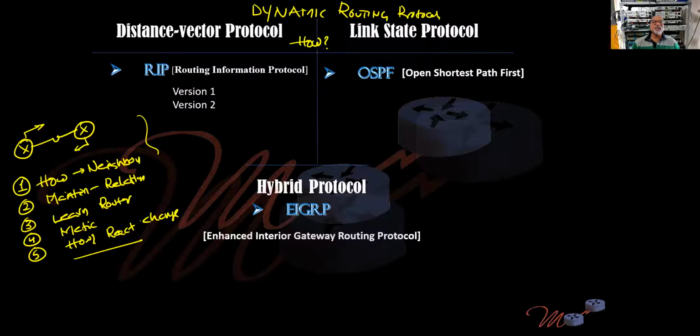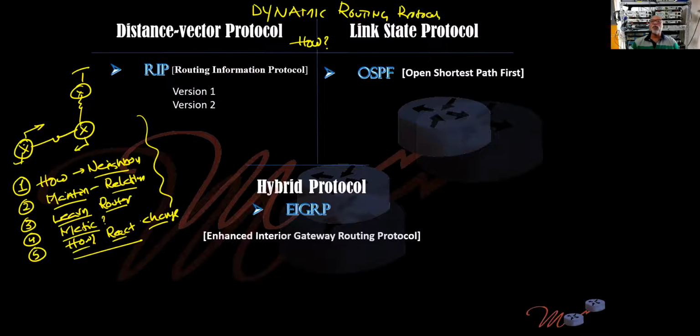So all these things, right? How do they know about each other? For example, somebody is here, and this one has to learn from this one, and this one from this one. Everybody has to learn from everyone. So how do they find out who the neighbors are, and how do they maintain a relationship with them, because it's a continuous relationship, right? And then how do they learn their routes, what metric do they take? How do they react to change, if anything goes wrong or anything comes up?